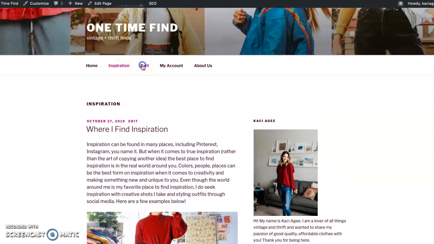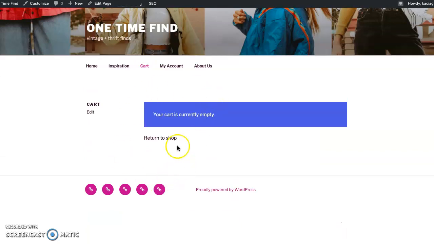And then this is going to be where you shop and where your clothing items will be. I haven't had that set up yet. And then same with my account. And then with the About Us tab,